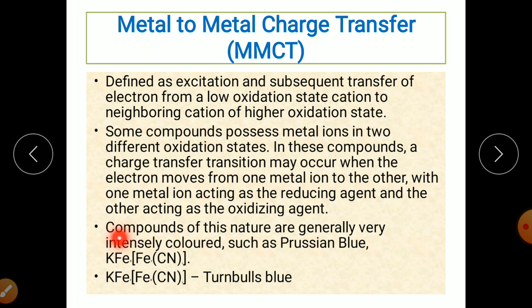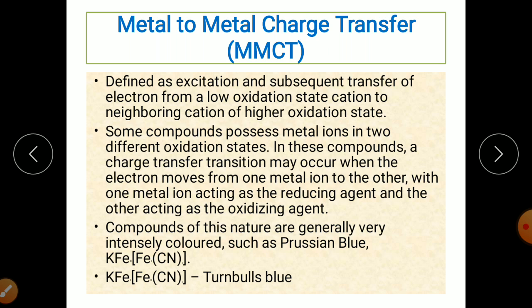In the first case, the Fe3 to Fe2 transition causes the Prussian blue color, and Fe2 to Fe3 in the second case gives Turnbull's blue color,